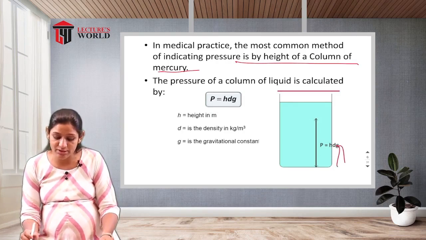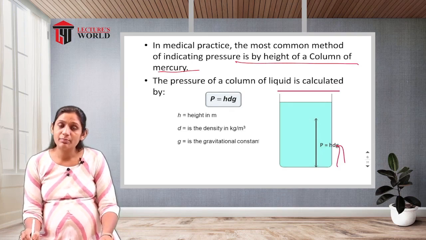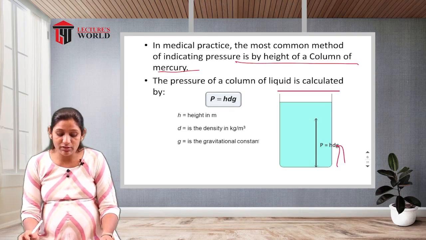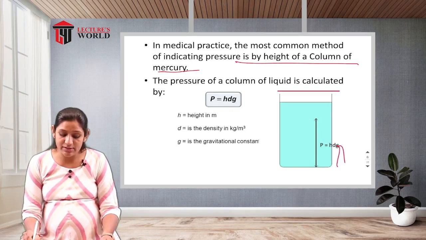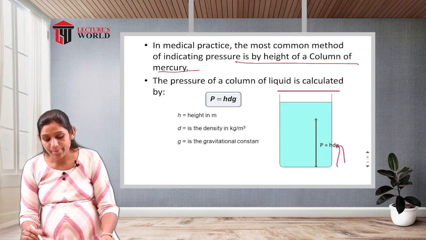P is equal to hdg. The pressure of a column of liquid is calculated by P is equal to hdg, where h is the height in meters, d is the density, and g is the gravitational constant. These are P is equal to hdg. Next one,